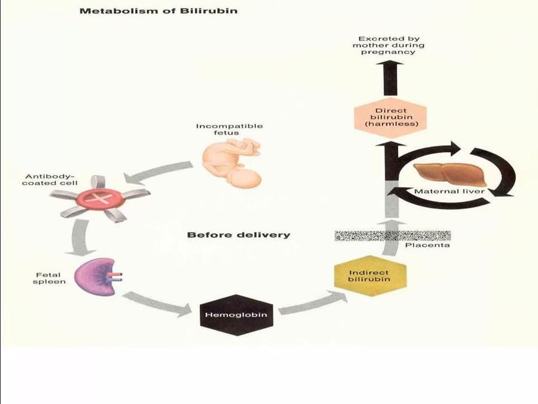You see in this diagram, this is an incompatible fetus. In the incompatible fetus, what's happening? The RBCs are being destroyed by the antibodies. Okay. So once they are destroyed,